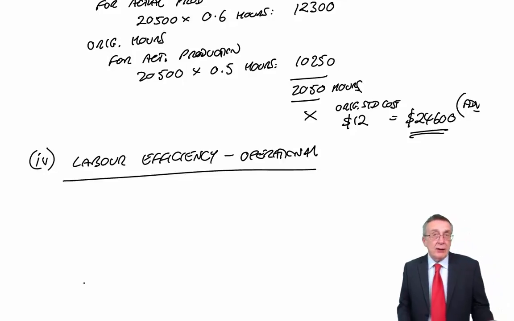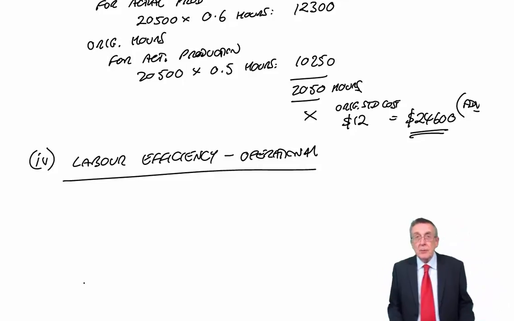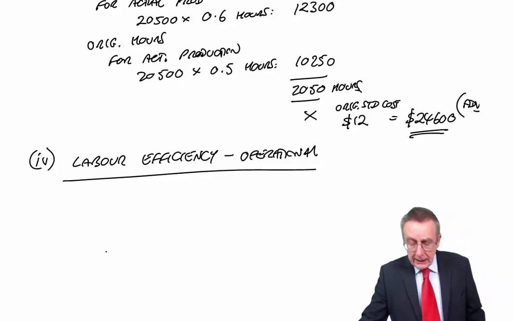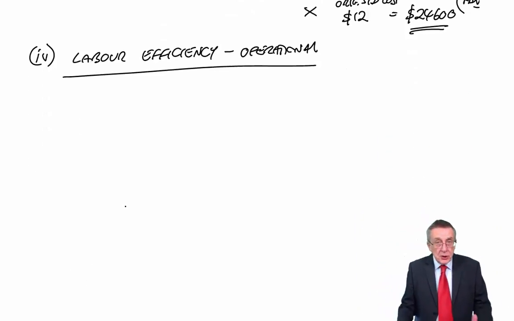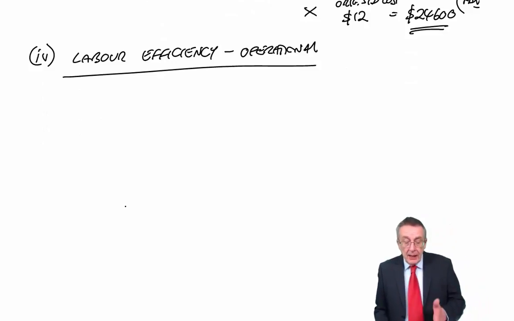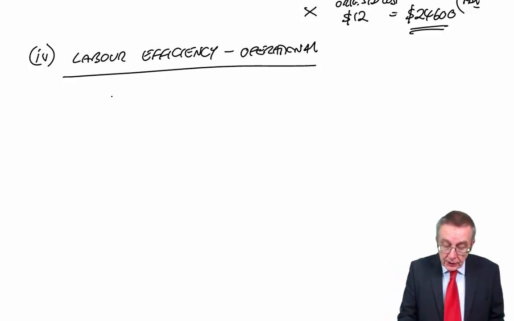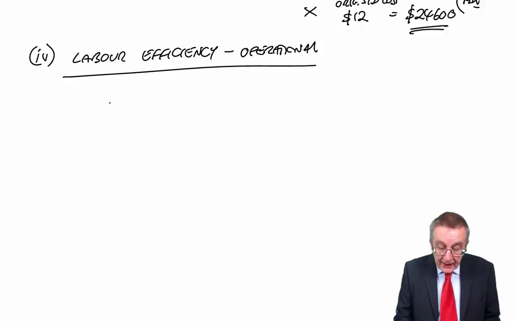And some of you write all these as formulae. I hate writing formulae. I think it's dangerous. If you understand what you're doing, you don't need formulae. For the labour efficiency operational, we simply compare now how many hours we actually worked